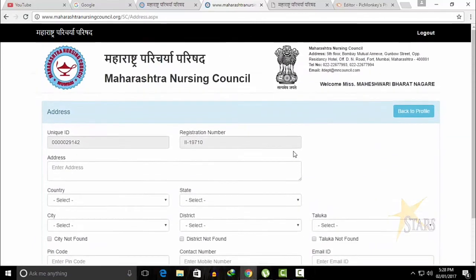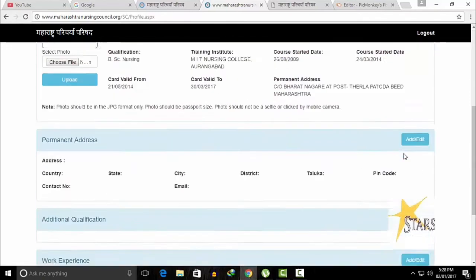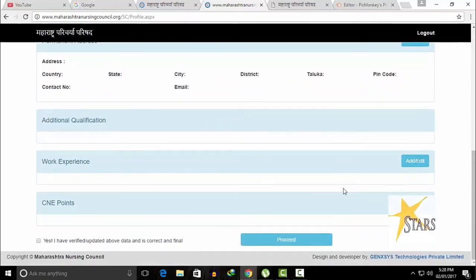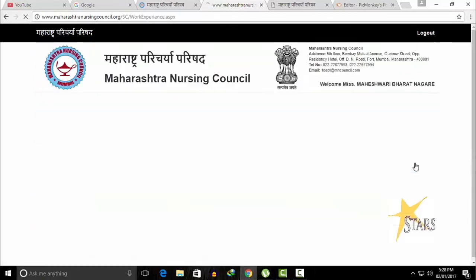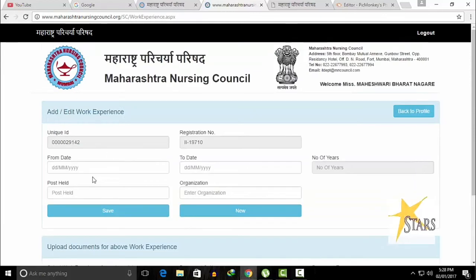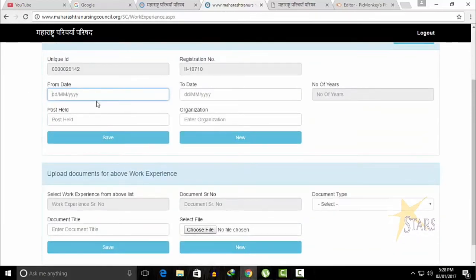Your address should be within India. Outside address you must not give. Then work experience: where you are working, that work experience you have to add over here from the date till the date. Then it will show the number of years, the post on which you are working and the organization name.